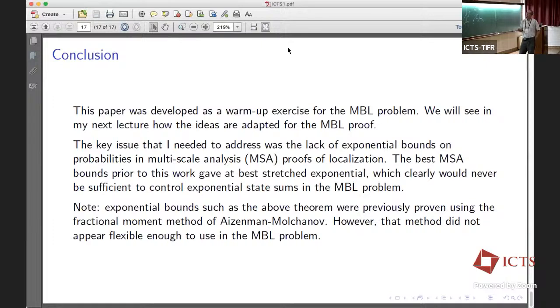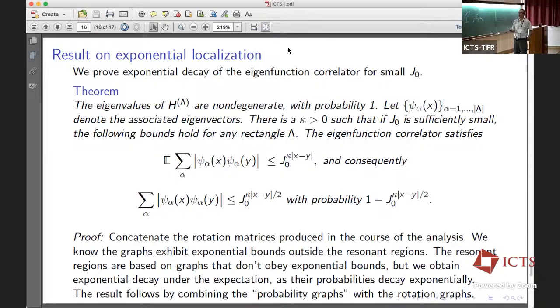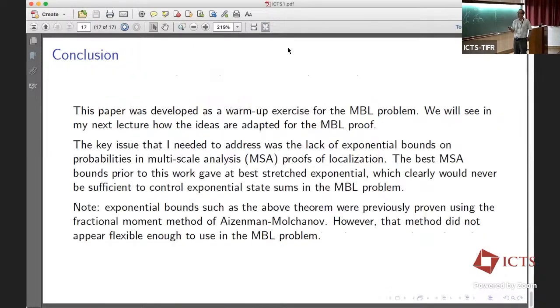So there's a lot of multi-scale analysis work, but none of these MSA proofs were able to give exponential decay. They gave at best stretched exponential. But that's not going to be good enough to control the exponential state sums in the MBL problem. Now, this theorem here is actually not a new theorem, essentially. Maybe it hasn't been stated exactly like this,